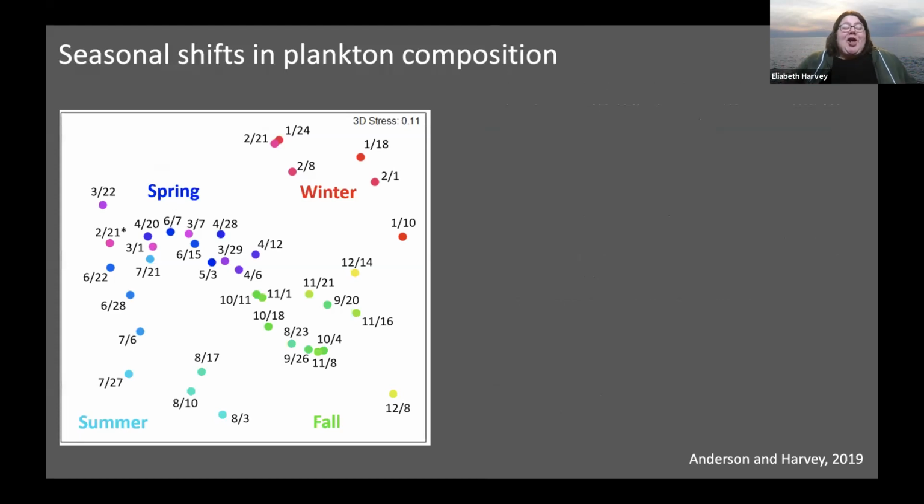You can then sort of put all this data into an NMDS analysis and look at seasonal shifts in plankton composition. And so this is what we did here, and we sort of color coded them based on time of year. I'm not sure how thrilled my student was with me having him do this, but I think it looks good to me. And what we can do from that is interrogate the data and ask the NMDS, okay, well, what are the species that are responsible for describing these separations of communities over time?